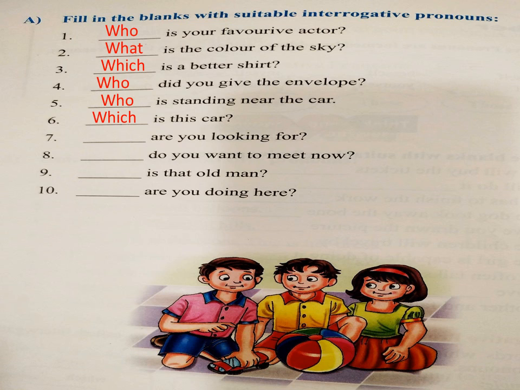Again, this are you looking for? So whom? Whom are you looking for? You have to write whom. Here there is a mistake. You have to write whom are you looking for. Whom do you want to meet now? तुम किससे मिलना चाहते हो? Who is that old man? And the last one is what are you doing here? What are you doing here? So all this is about